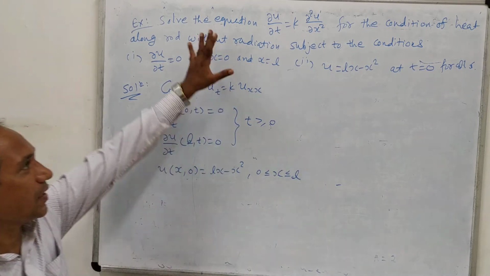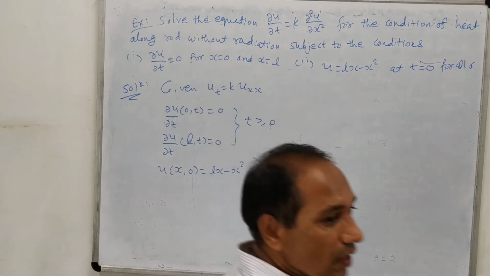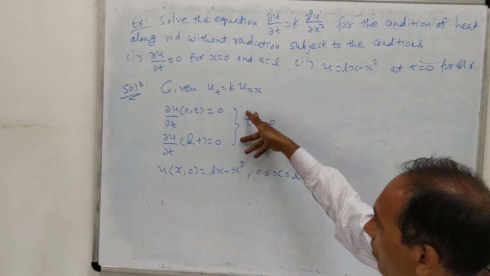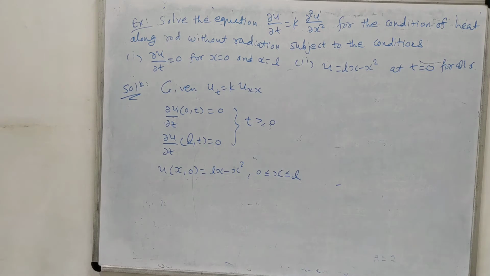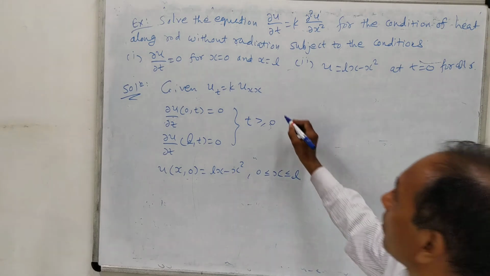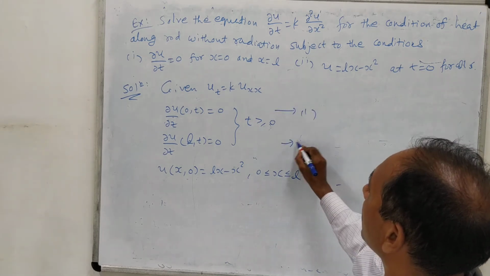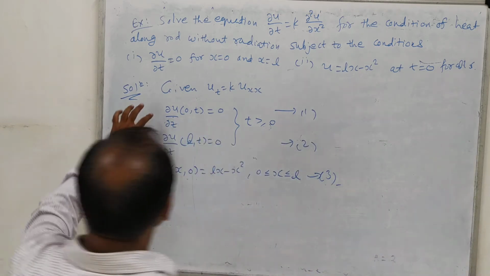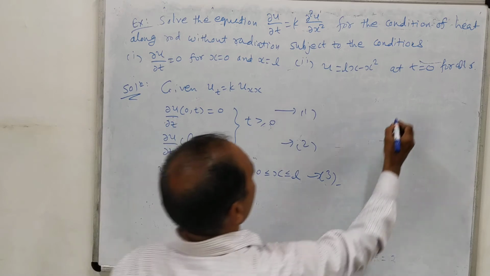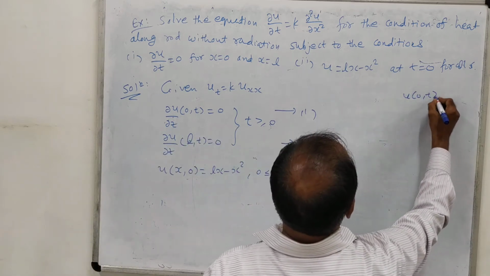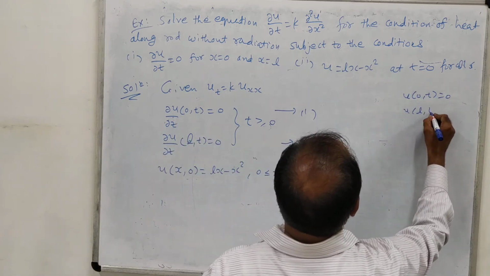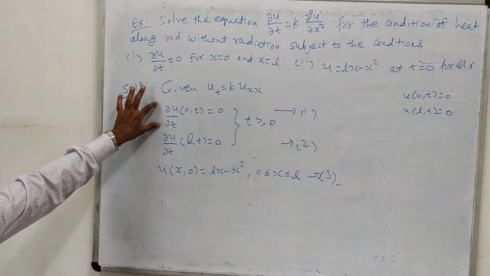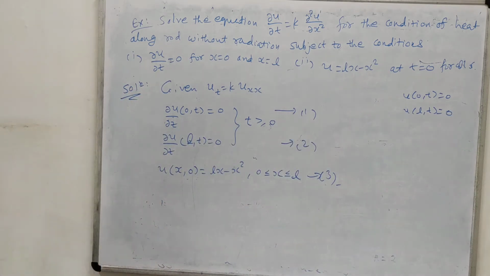So you must have noted that the whole situation we have put into the equation together with these two boundary conditions and one initial condition. We will give them equation numbers 1, 2, 3. What is the difference with the original theory? In original theory we were taking only u 0 comma t equal to 0 and u L comma t equal to 0. But instead of this, here these two conditions are given in derivative form. Otherwise everything else is the same.